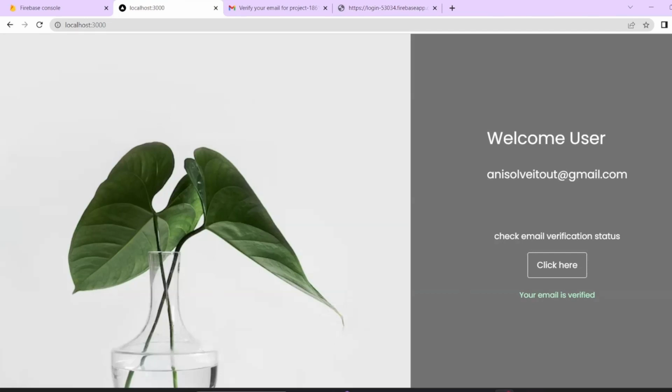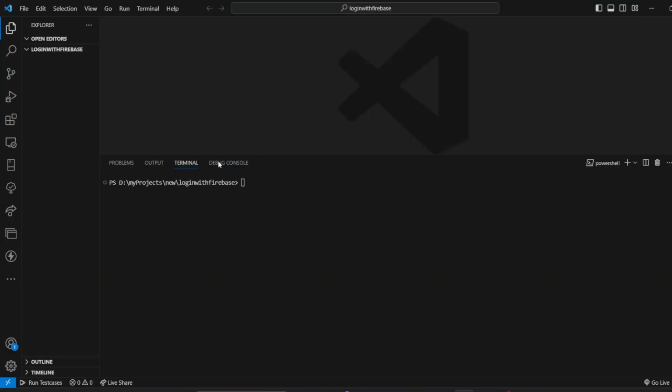Hope you guys will like it. Now let's jump on to the code. I have opened up my VS Code, and here I'll install my Next.js app. We'll write here the command